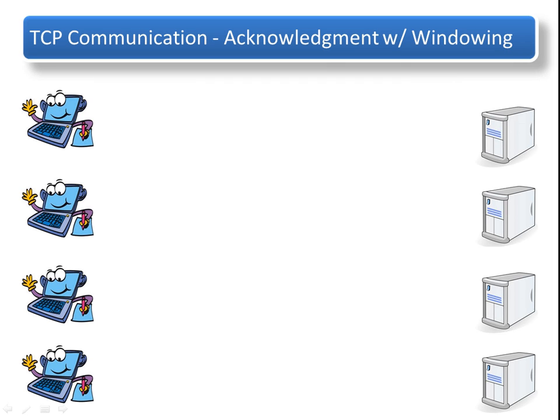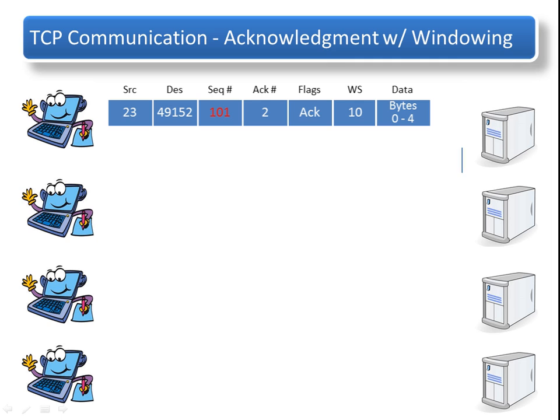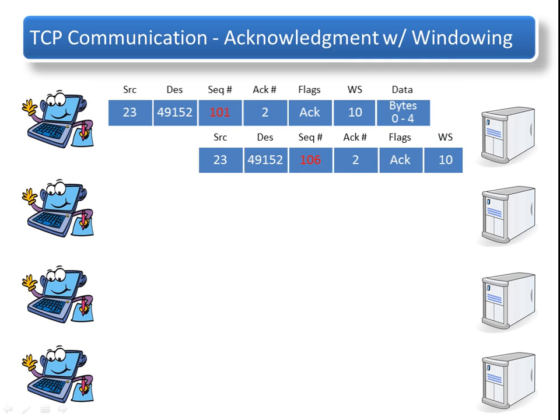Instead of acknowledging every byte the laptop receives, the server sets the window size to 10 bytes, informing the laptop to send an acknowledgement after every 10 bytes. Notice, in the second segment sent by the server, the sequence number is 106, 5 bytes more than the last